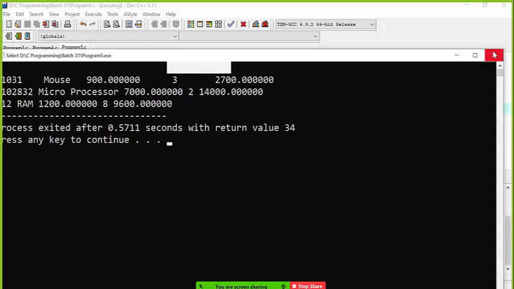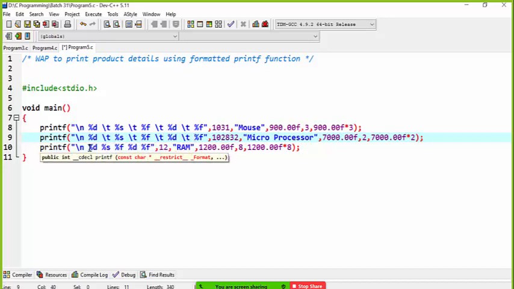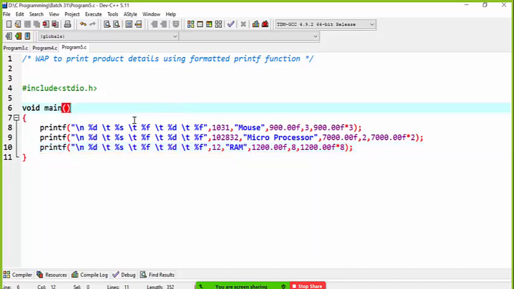Okay, so I repeat the same for all my statements, and let me see how it lays out my output. So everywhere we add slash t. One question you may have is, how many slash t do you write? Any number, you can type slash t two times, four times, ten times.